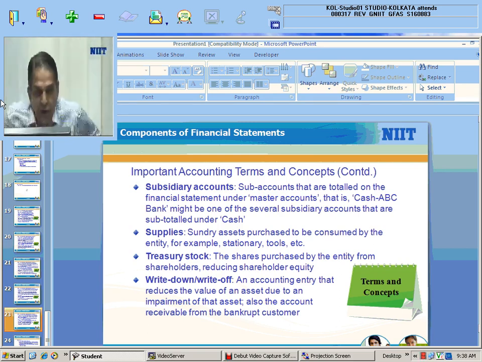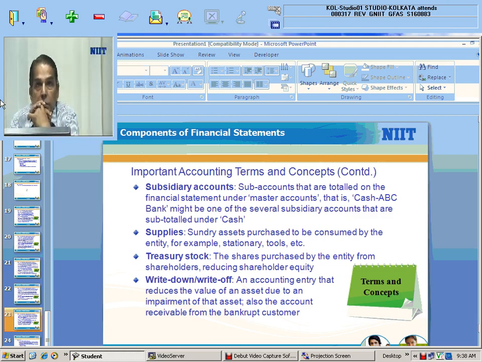If a company has account receivable against a particular customer and the customer goes bankrupt, that means he goes to the court and declares that he is not able to pay, and court also adjudges that he has no capacity to repay, then the company won't be able to recover that money from the customer. So what will happen to that account receivable? The account receivable entry has to be written off